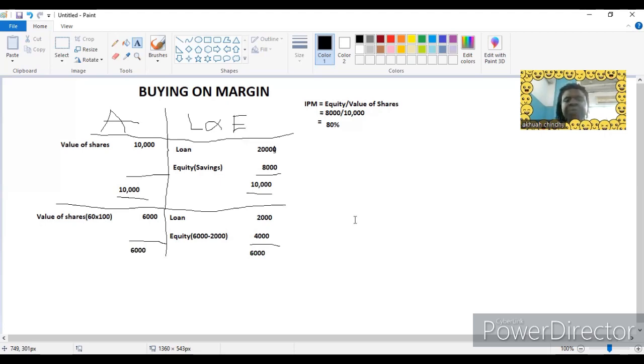Then as I've said already, percentage margin is just the equity over the value of shares. So I'm not going to redo it. Just pick your equity and you divide by the value of your shares. Then you're done with